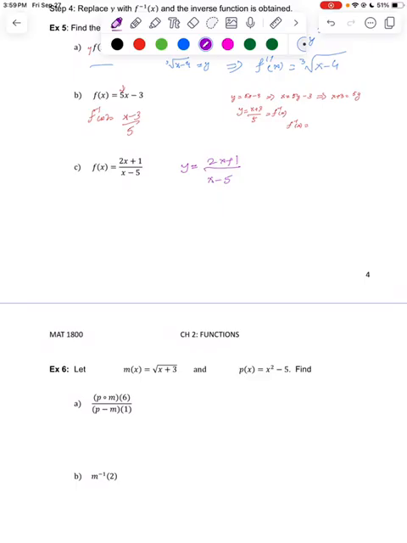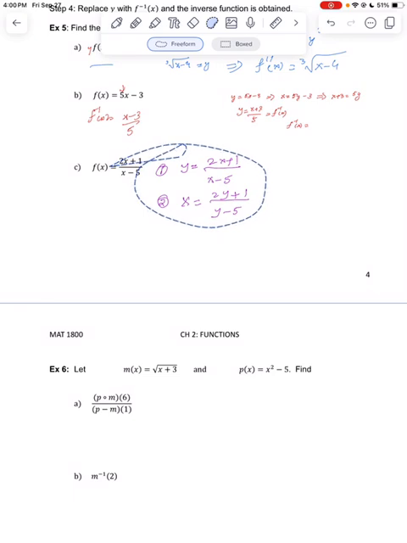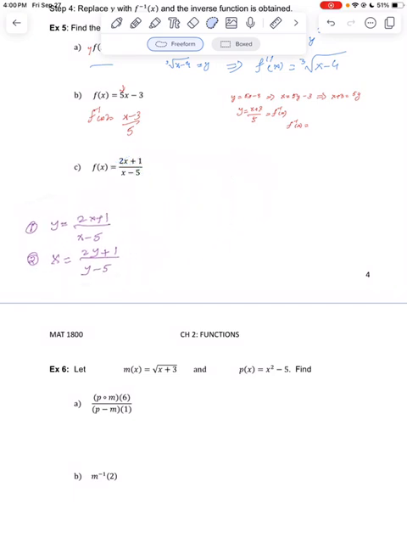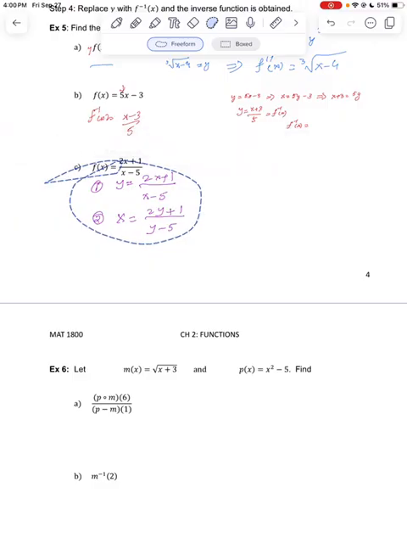So if you want, you can write it like steps. Step number 2, x equals (2y plus 1) divided by (y minus 5). And here comes the algebra related to this. I actually want to move this over here. Okay, so step 3 is